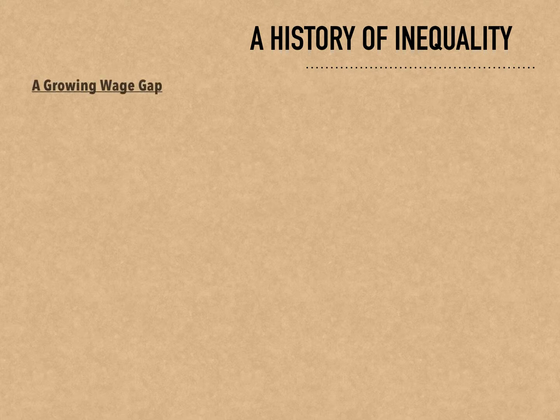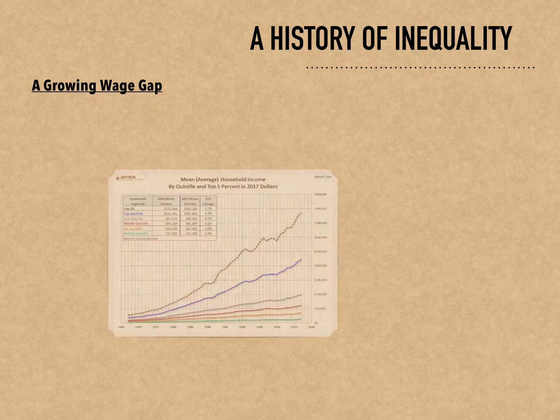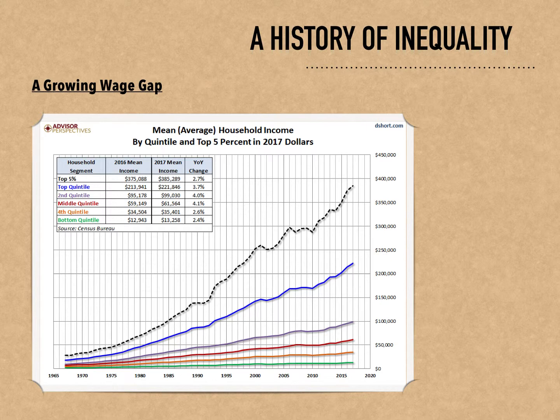Incomes grew rapidly and at roughly the same rate up and down the income ladder between the 1940s and the 1970s. By the mid-1970s, however, the income growth of middle and working class individuals slowed significantly, while the upper class saw immense wealth opportunity. Over time, this wage gap only continued to grow, resulting in low-income individuals and families having less and less access to economic opportunities such as education and food security. It has also led to a notable disparity in poverty rates among communities of color.